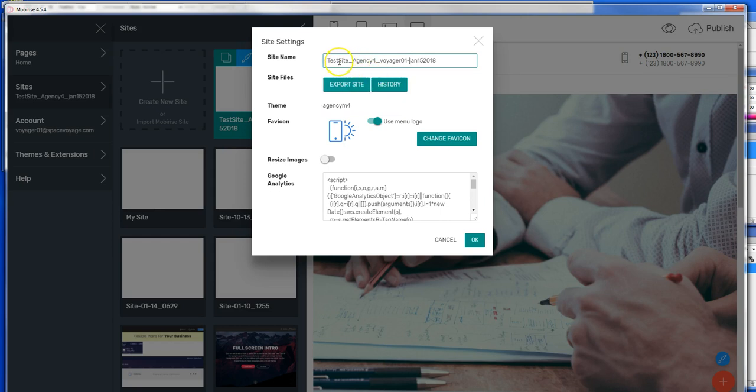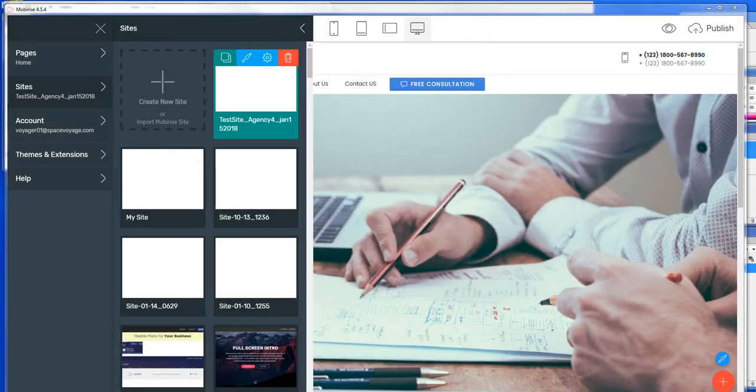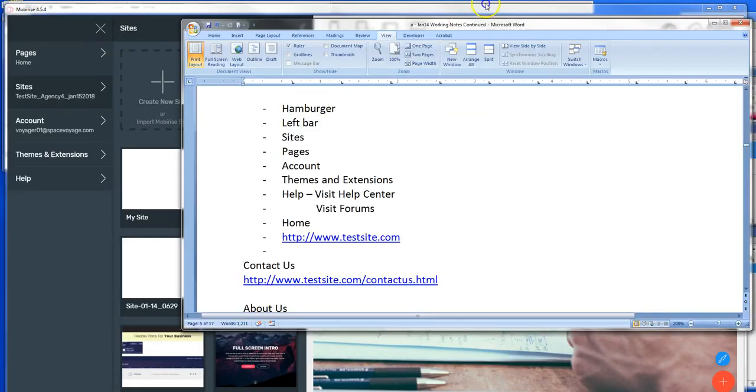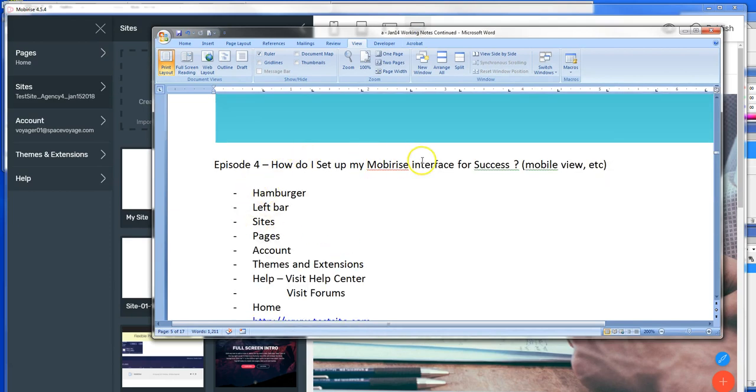That's why when you start playing around with Mobirise, you should only use the free tools, the free add-ons, the free themes. Because if you go too fast, you end up getting all jumbled up, and it gets very confusing. So close that up. Okay, now going back to my notes, we ended up saying, how do I have the